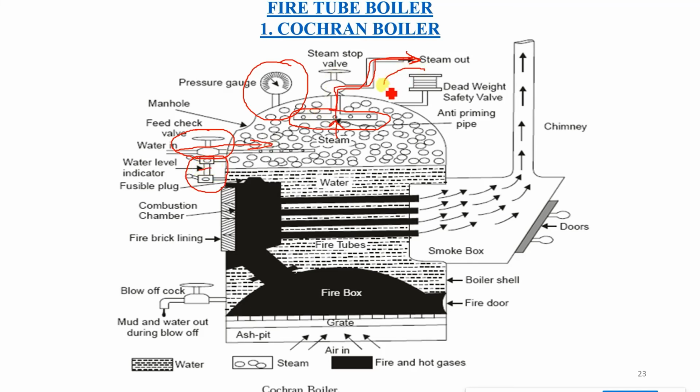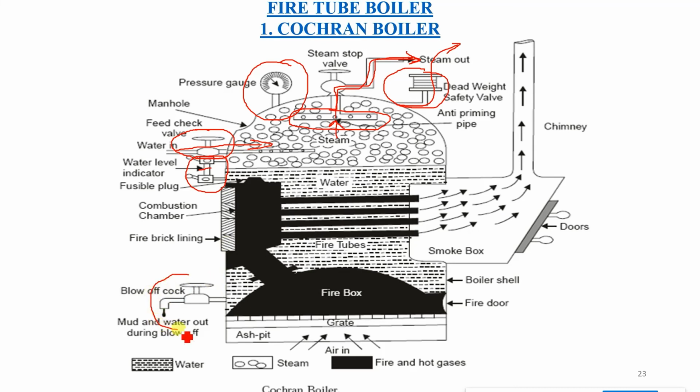Then the deadweight safety valve. It is a type of safety valve provided for safety purposes. If the steam supply is stopped or is less, or the steam pressure increases above the design value of the boiler, in that case the safety valve, which is set for a particular pressure, opens above that pressure and exhausts the steam. It decreases the pressure below the working pressure and automatically closes. I have explained this in the simple vertical boiler.